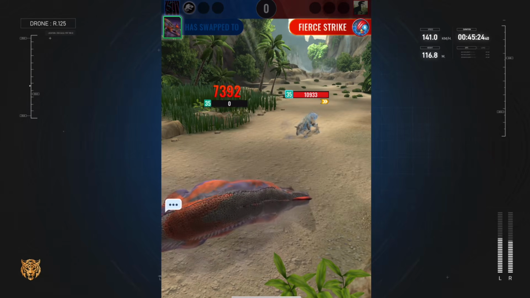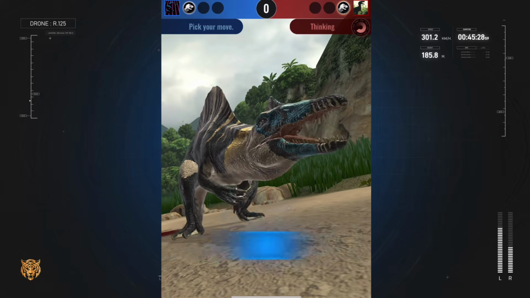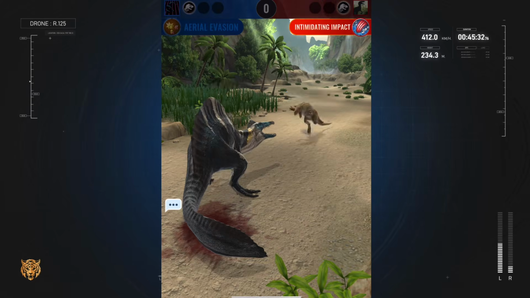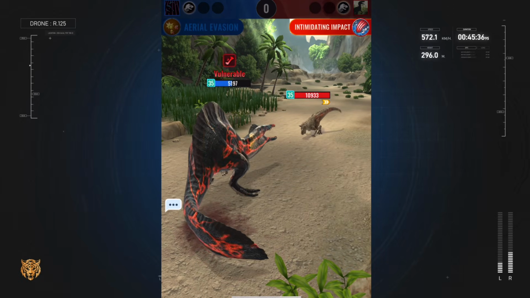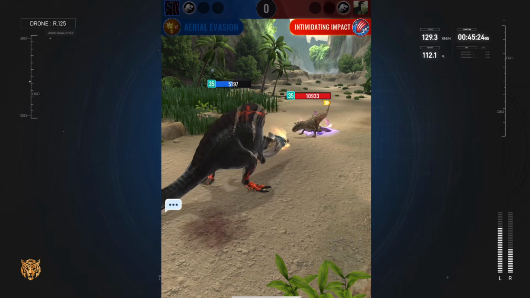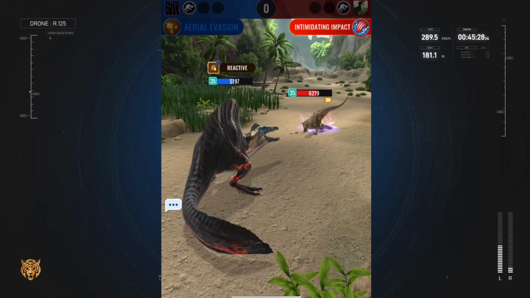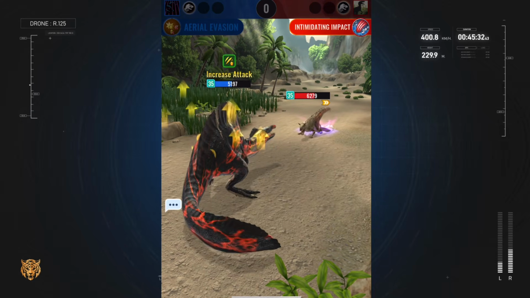Deinamimus takes a huge hit. 7. I really wish Cloak stacked. It'd be so funny just to see Inditaurus do like 22,000 damage just on a strike or something. Alright. This is the match where I want to... Yes, crit. That's all I need. Okay. What I need him to do is I need him...